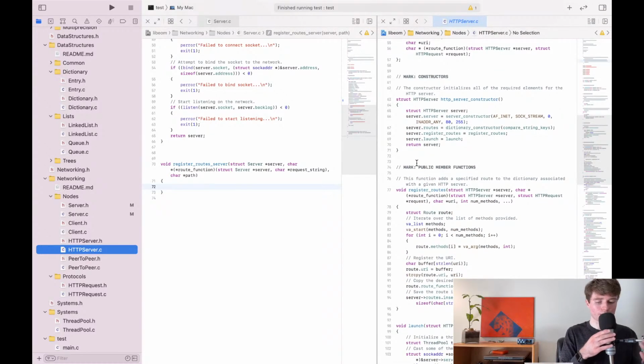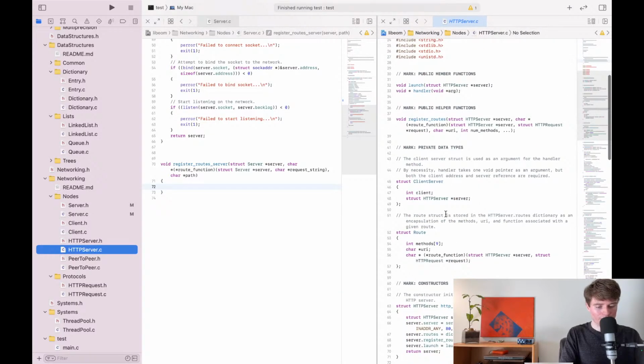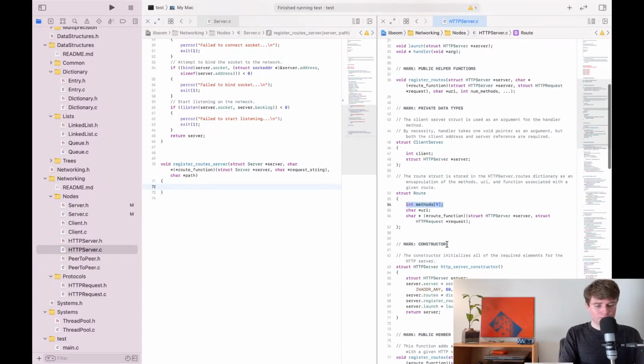Where is route defined? Route, there it is. Okay. We have an array of methods, but that's unnecessary. And then we have the URI and the route function. Now,